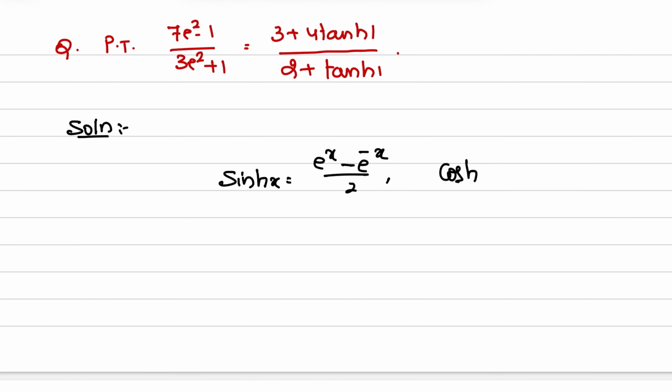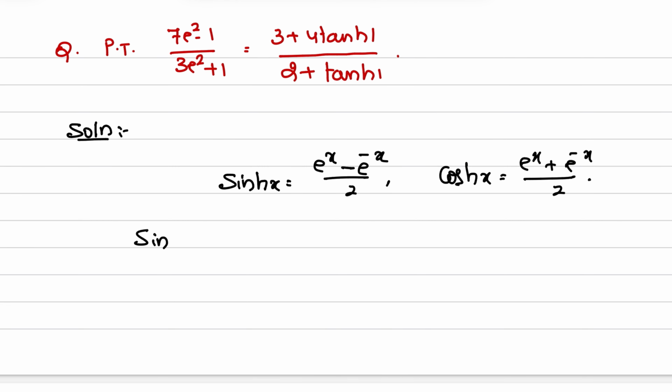Cos hyperbolic x is equal to (e to the power of x plus e to the power of minus x) by 2. And we can write cos hyperbolic x plus sin hyperbolic x is equal to